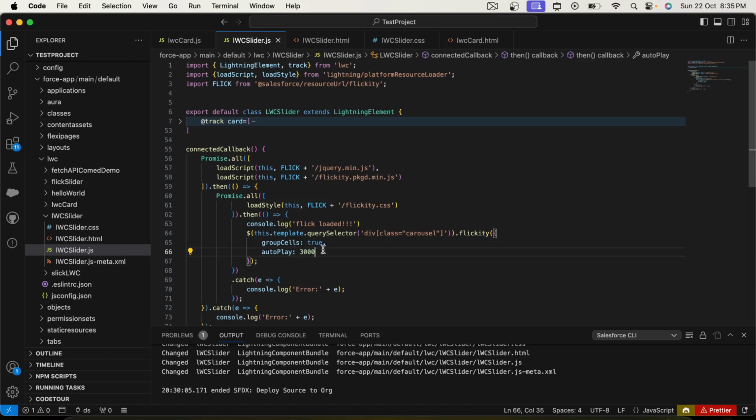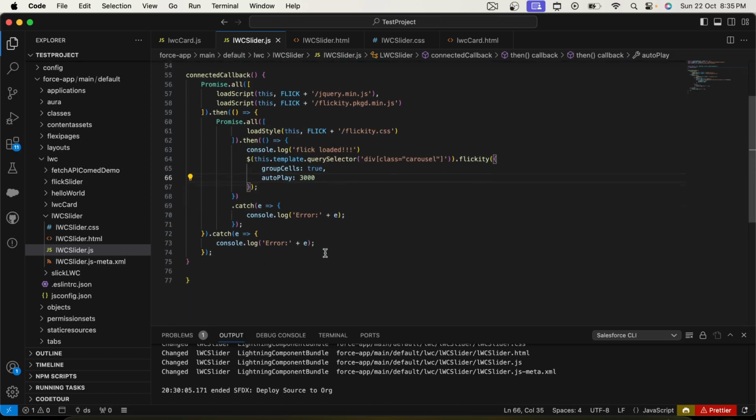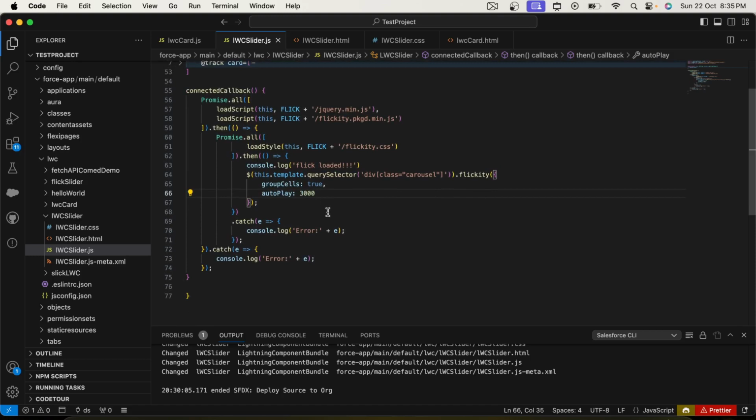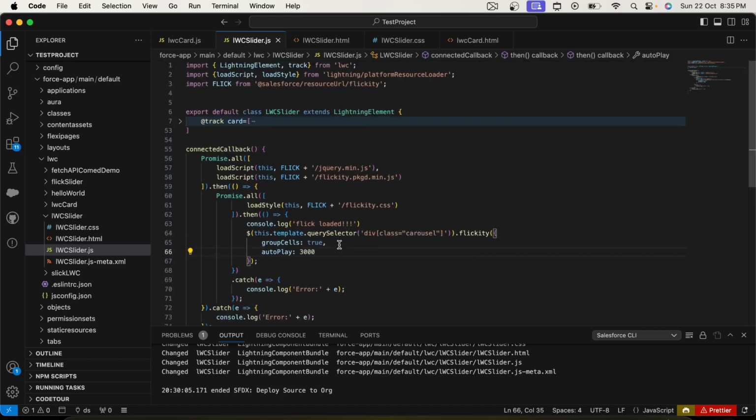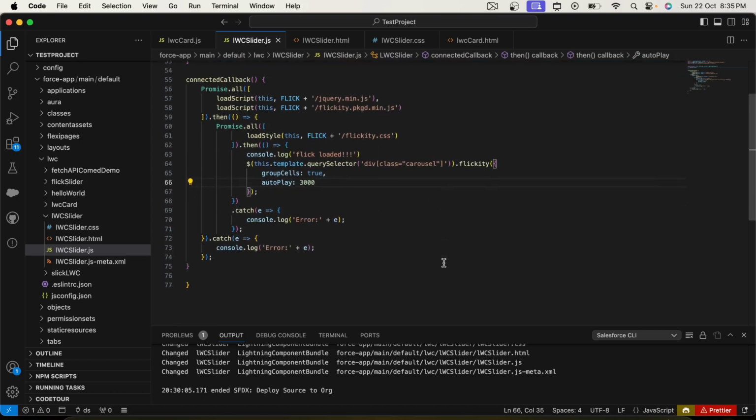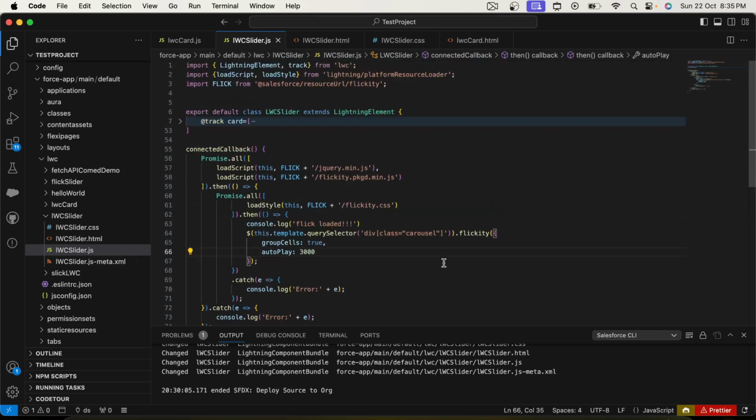If you want to just show one card, then you can ignore this property as well. And autoplay is 3000 milliseconds. So I want to basically autoplay my cards every 3 seconds, so I'm using this. Okay, and if there is any error inside my connected callback, I'll get this error message here, so I'll get to know whether my library is working or not. So only these things you need to do in the JavaScript file, and you will be ready with